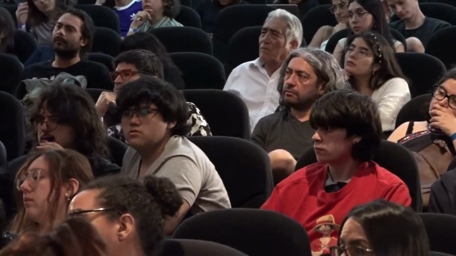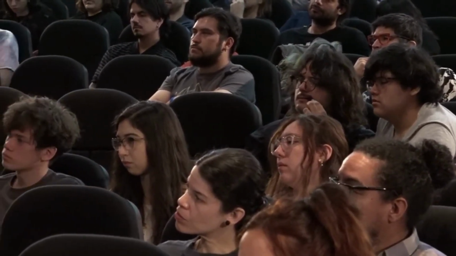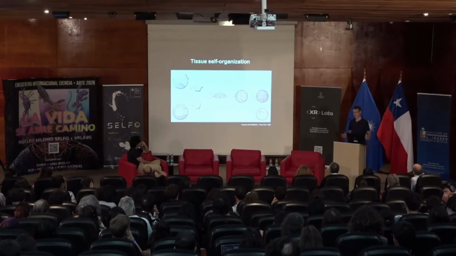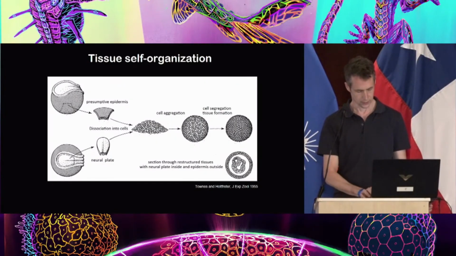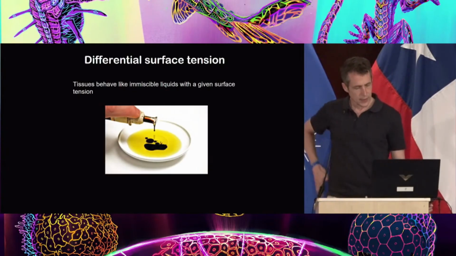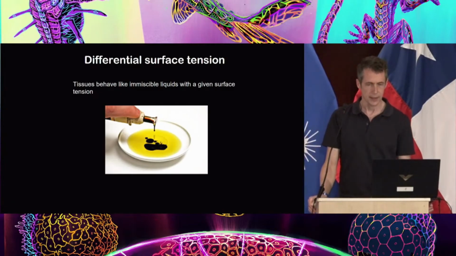Now, what Holtfreter and Townes were saying is that this is presumably some sort of affinity of these cells: the dark epidermis cells like to stick to epidermis cells, and neural plate cells like to stick to neural plate cells, and then they sort out and form this pseudo-embryo. The idea of this cell segregation and tissue formation was then taken up by Malcolm Steinberg a few years later,